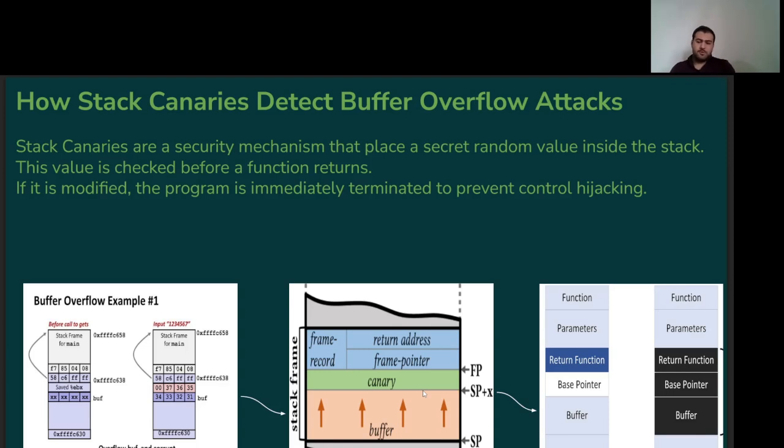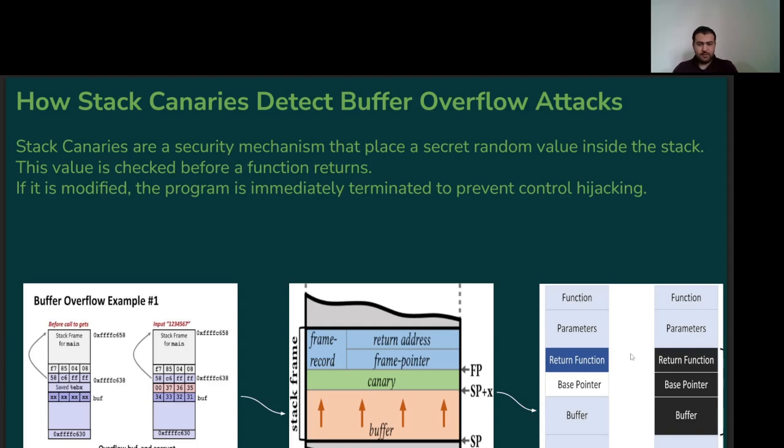So the canary works like a warning barrier between the user data and the critical control data. When we move to the last image at the bottom,